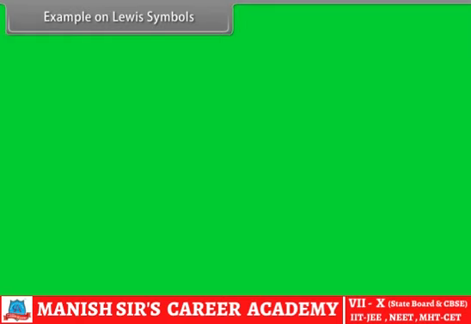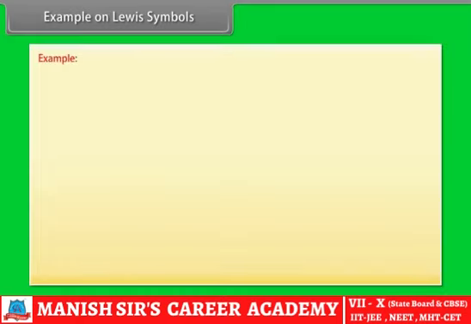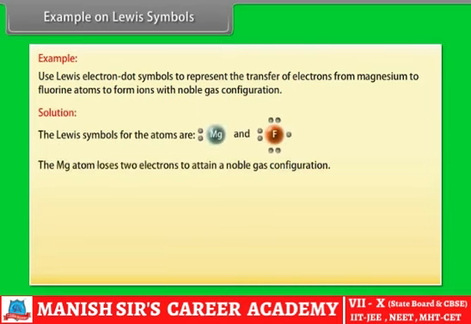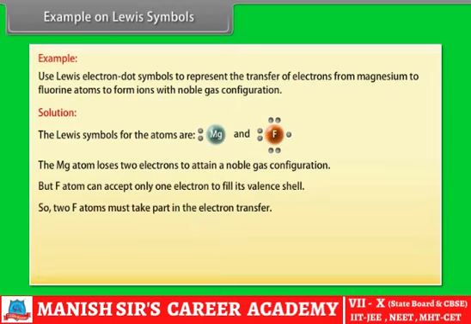Example on Lewis symbols. Let's take an example on Lewis symbols. Use Lewis electron dot symbols to represent the transfer of electrons from magnesium to fluorine atoms to form ions with noble gas configuration. Let's see the solution. The Lewis symbols for the atoms are: the Mg atom loses 2 electrons to attain a noble gas configuration, but an F atom can accept only 1 electron to fill its valence shell, so 2 F atoms must take part in electron transfer. We can represent this electron transfer as